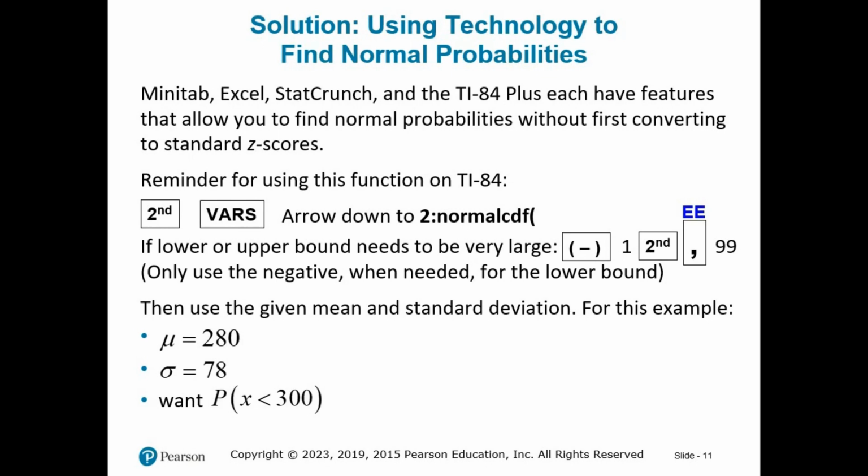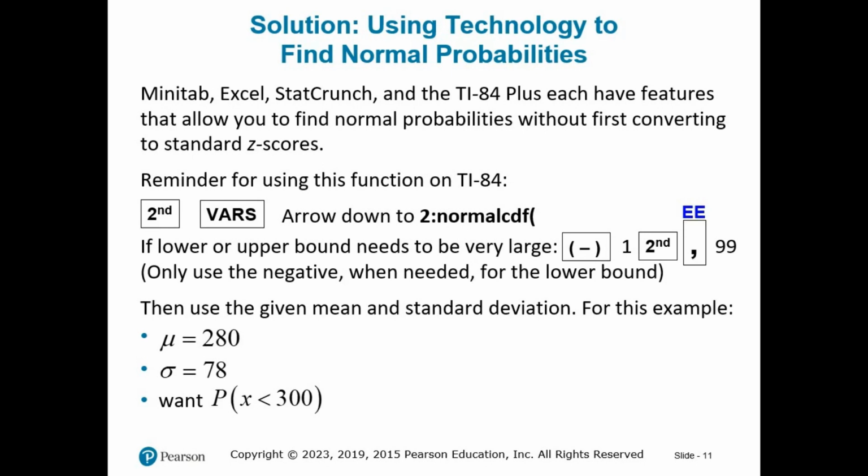Okay, for this problem, our mean is 280, our standard deviation is 78, and they want the probability of x being smaller than 300. So we need to enter it this way. We want to do second VARS to get the distribution menu, then arrow down to 2 normal CDF, and we want a large lower bound. So we want to do the negative sign, 1, the second button, a comma, that's to get the inner exponent, the EE, then 99,